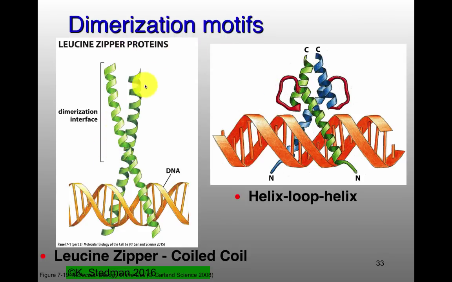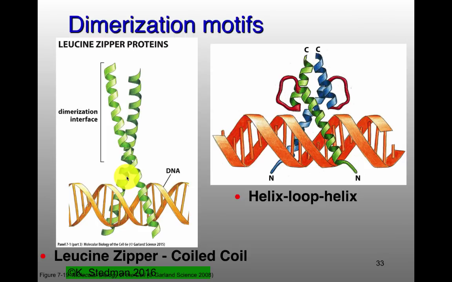Now, it turns out that these alpha helices wrapping around each other don't necessarily have to do with DNA binding proteins at all. There are lots of leucine zippers that have nothing to do with DNA binding proteins. Sometimes you want to have two proteins that come together for other reasons. But if you happen to have a basic alpha helix right next to your leucine zipper, this can now bind to DNA in a way a lot like scissors would if you open up a pair of scissors. And so that will interact.